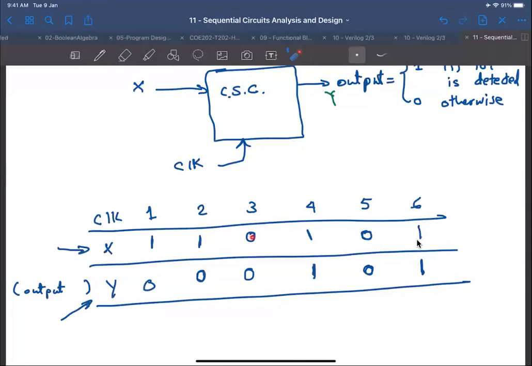Then I have a 0 here, so still it's a 0. My previous sequence was 1, 0, and then I have a 1. So once I get this 1, my sequence here is detected. It's 1, 0, 1. So my Y will be 1 this time, and then